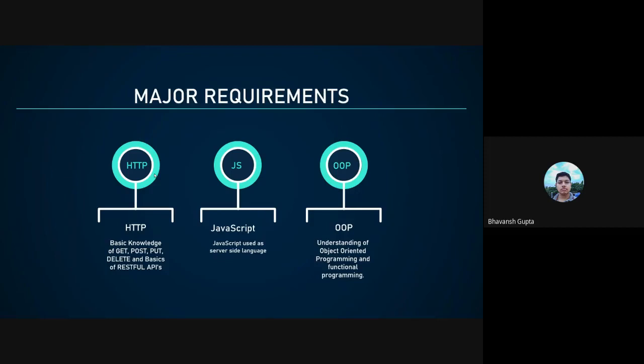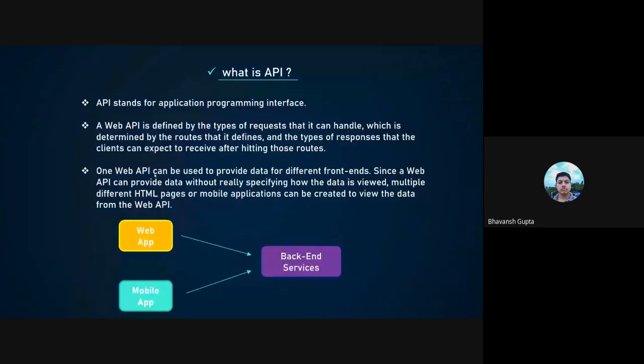The third thing which you will need to understand is the basic concepts of OOP, that is object oriented programming, as well as functional programming, because it is very tedious to write each and every task on our own. So we'll be using libraries for that purpose, and they will be pre-written, pre-built libraries. You need not write everything, and you need to use only those parts which are needed for your projects. So for that, you need to understand what OOP concepts are.